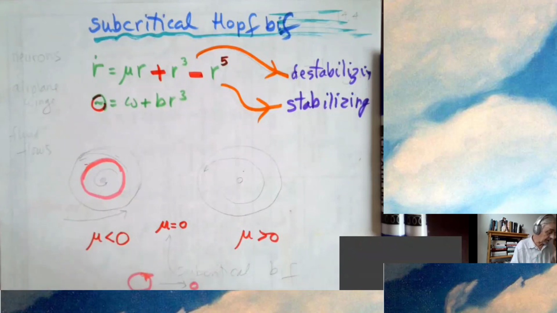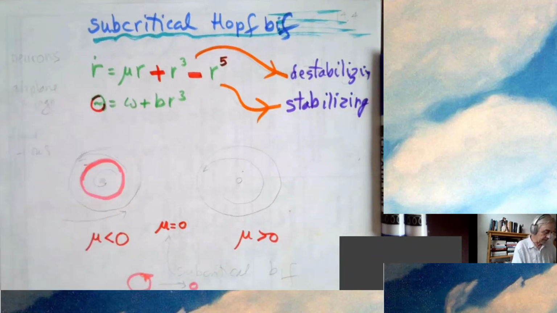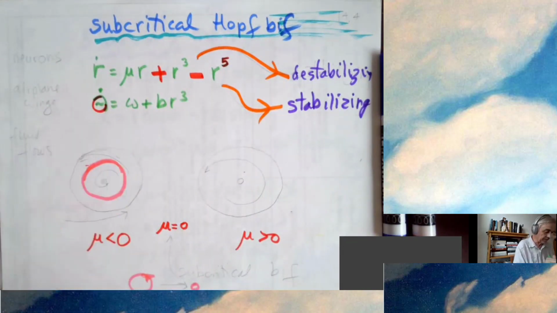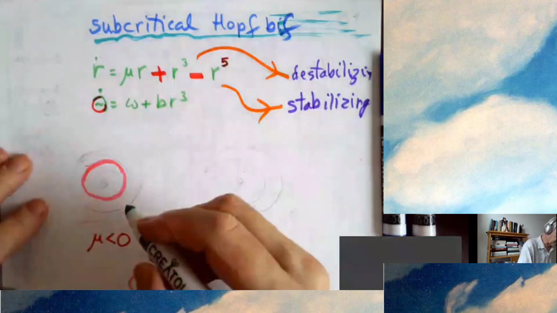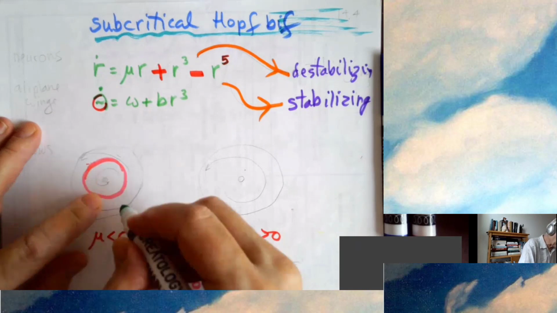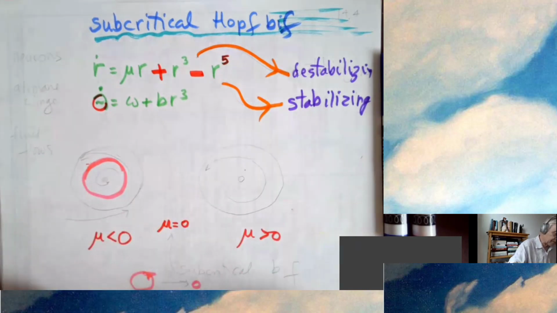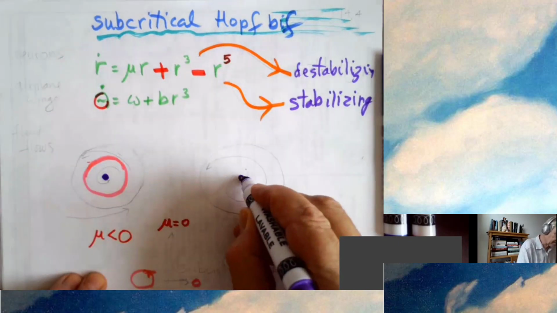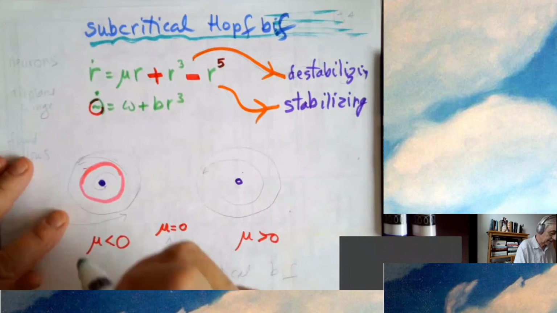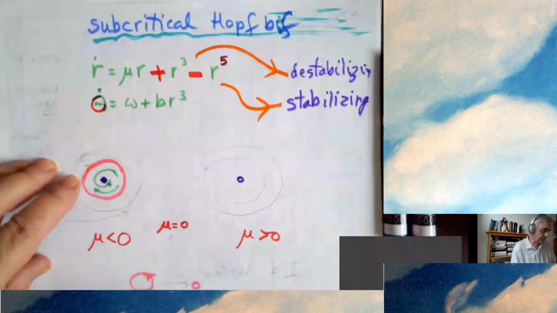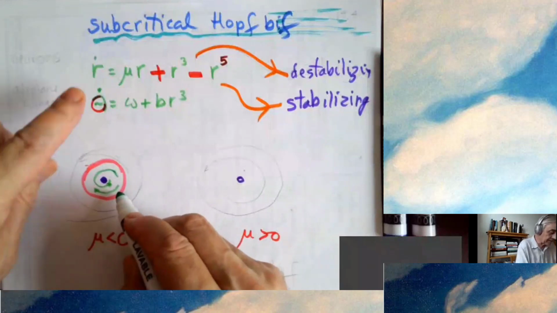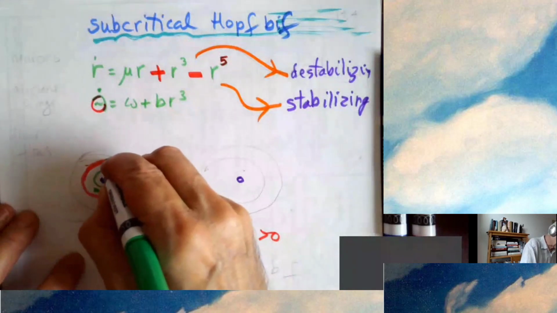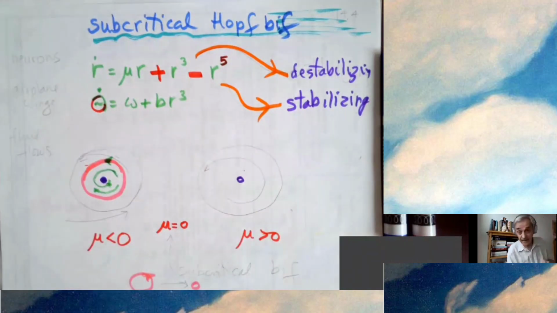What is the flow like? The orientation depends on omega being positive or negative. If it's positive, we define usually anti-clockwise rotation. So what happens is that if I'm close to the fixed point for mu negative, I don't see the cubic term. It's not important. So I spiral in, everything close spirals in. And now there is a critical distance where these guys balance each other. And that's an unstable